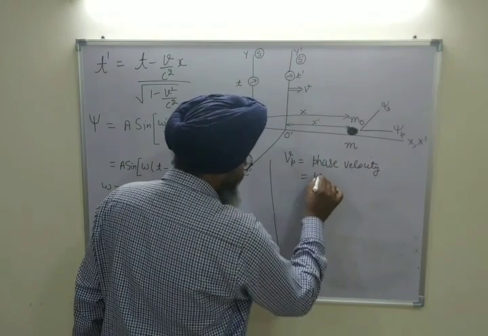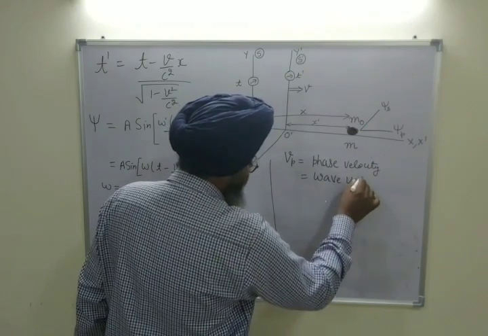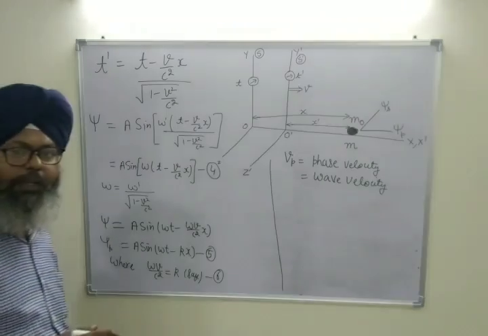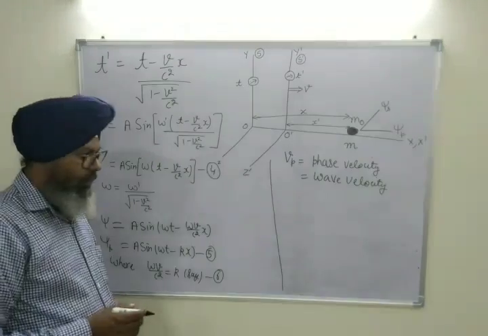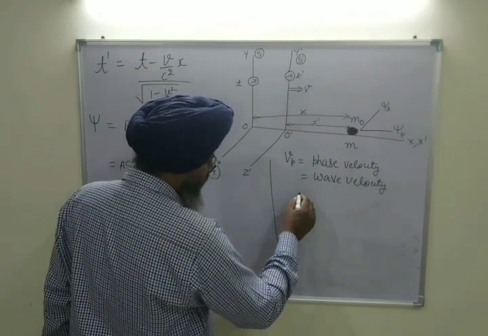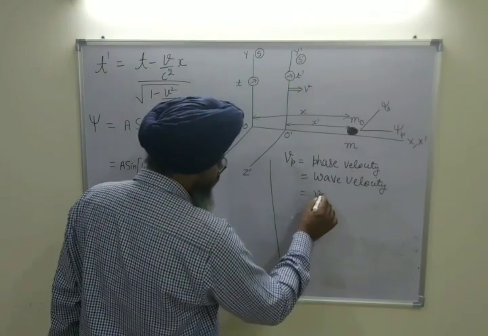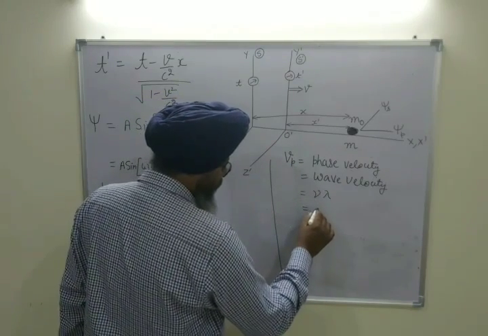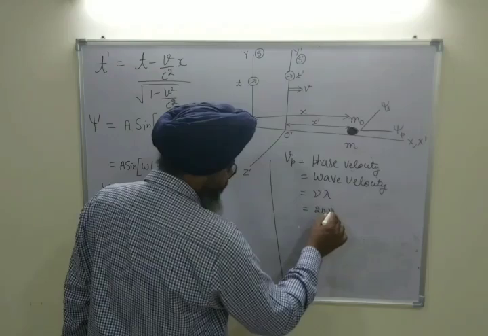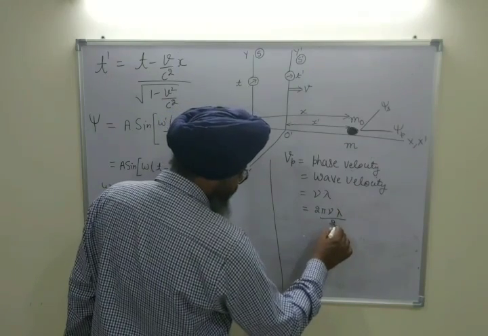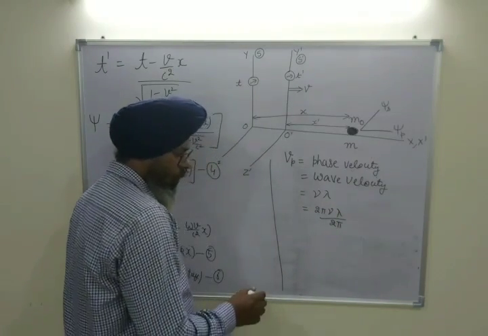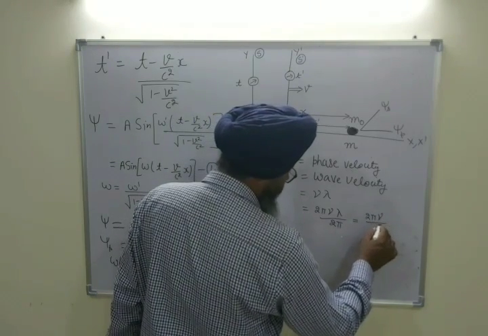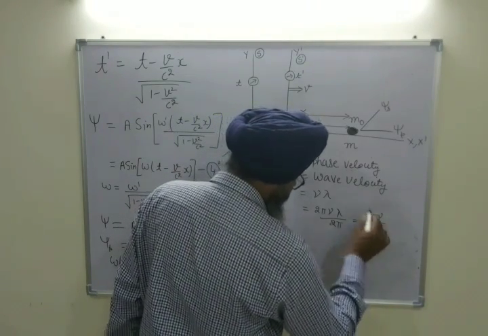It is also called wave velocity, and it is the velocity of the de-Broglie wave attached with the particle. Now, the velocity of every wave is the product of two things, that is frequency and wavelength. I can modify this equation by multiplying and dividing by 2 pi. Now, if I write this equation further by this 2 pi nu upon 2 pi by lambda, there is nothing